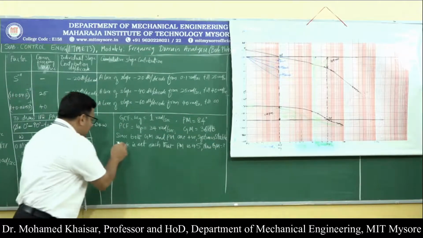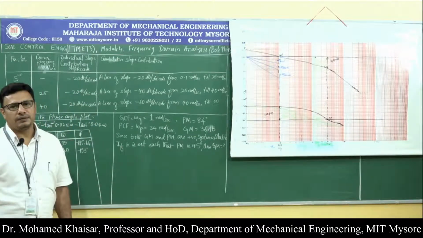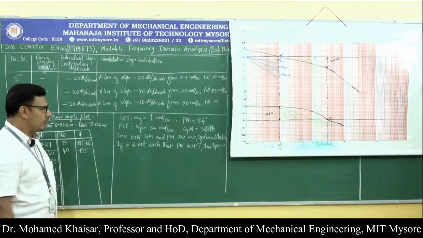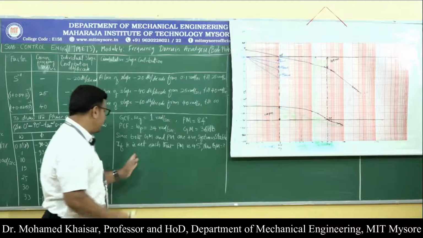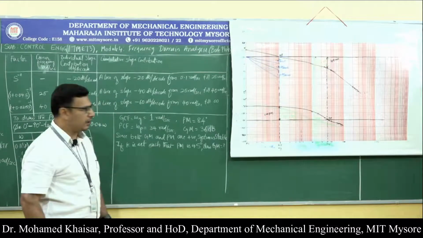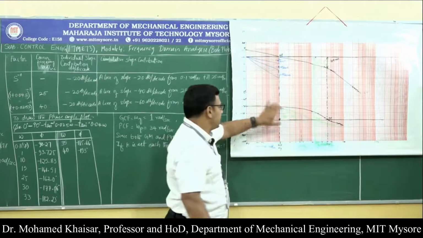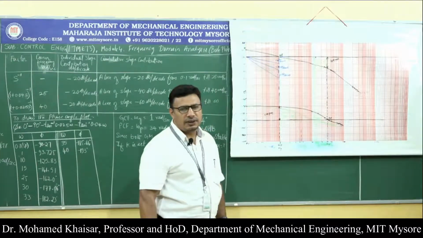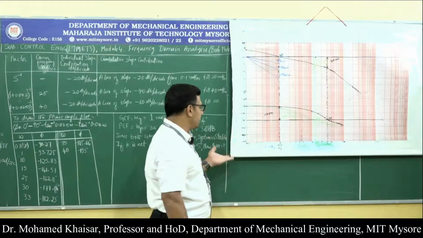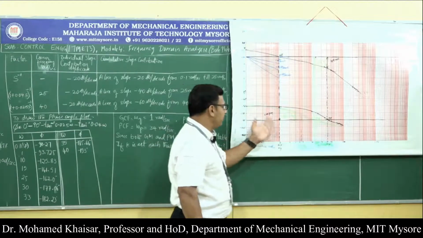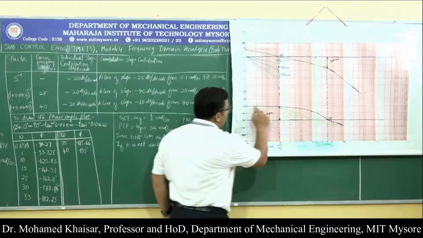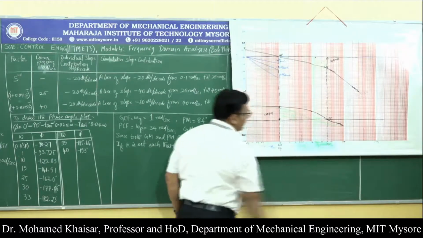Now, to solve this extension part of the question, there are two ways. One, if K is set such that PM is 45 degrees: the phase margin in the existing problem is 84 degrees. If K is set such that the phase margin should be 45 degrees, this can happen in two ways. You can bring all the points on the phase angle plot.